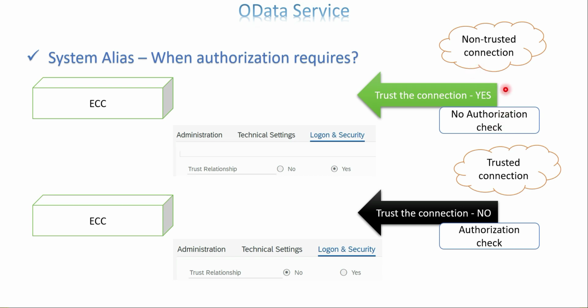Mostly the non-trusted connection is very useful for the initial testing of your business scenarios. Okay, because a trusted connection requires some steps to be done by basis and security, since it's going to be like a transport level. They have to move from development to quality to production, right? So in that case, for the initial testing while designing the project, we use this non-trusted connection,